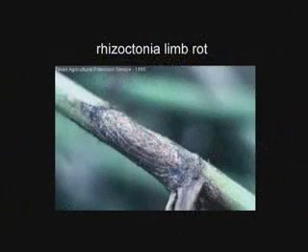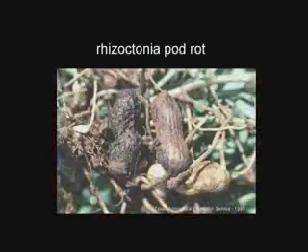It forms sometimes brown lesions on your stems, but most likely you'll have brown lesions being formed on the pods. They can be raised up a little bit. They can be sunken in a little bit. They're usually somewhat dry. They're not real gooey, wet type lesions. And they can be a range of colors from very light brown, even a little bit whitish, to very, very